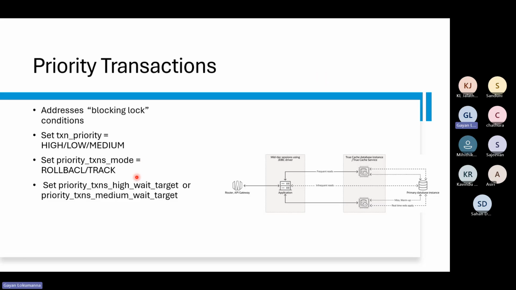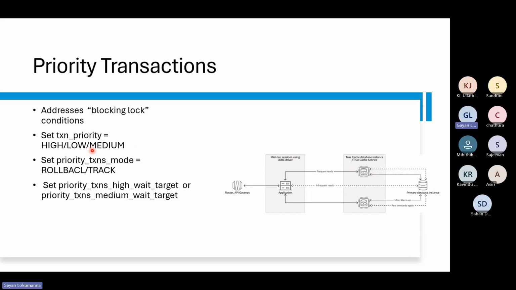Right? So that is what we call priority transactions. So you have high priority and medium priority, as well as high priority over low. Always high priority will get the preference, and then the medium, and then of course, obviously the low as well. Okay, but if two sessions are performing the same update and they are all on the same priority